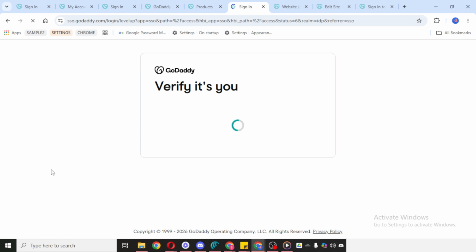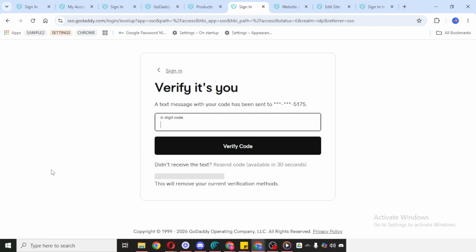Now click Invite Access. You'll be asked to enter the person's name and email address. As you fill this in, make sure the information is accurate, since the invitation will be sent to that email. You'll also need to select an access level. Take a moment here to choose the right permission level based on what that person needs to do. If they only need limited access, avoid giving more permissions than necessary.